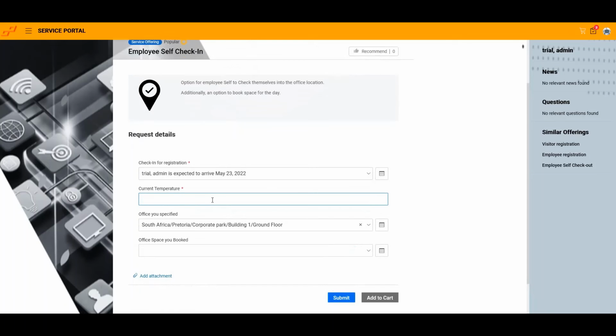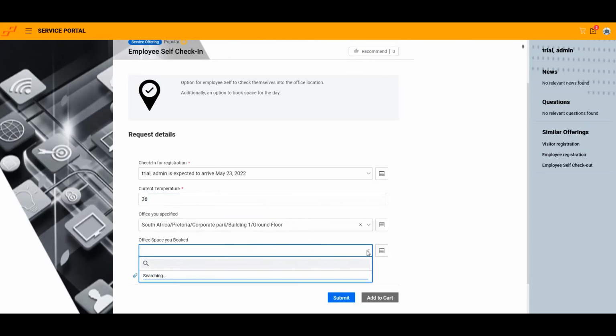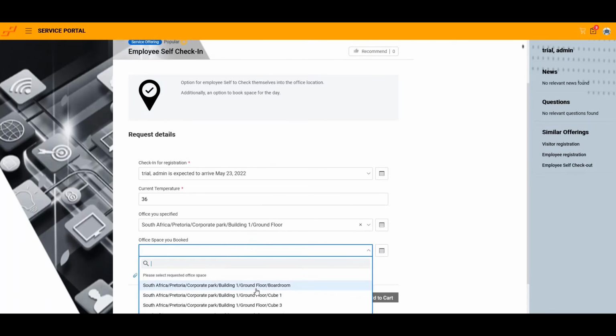I can select, what's my temperature currently as a validation. I am coming to this building, and because we know which building and which floor I'm going to, we know what office spaces are available. I'm going to select, and once I select a specific office space, that record is then blocked